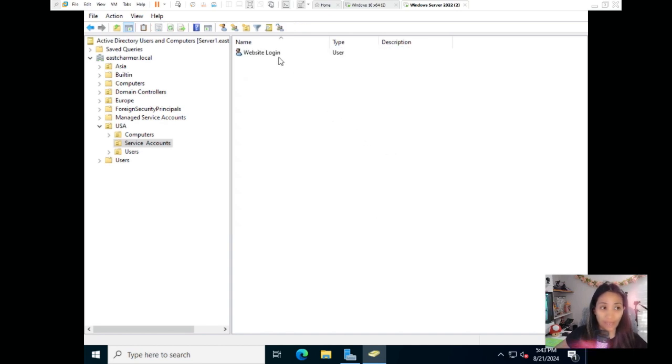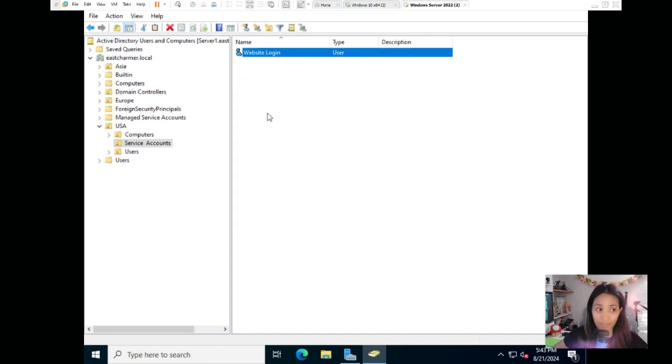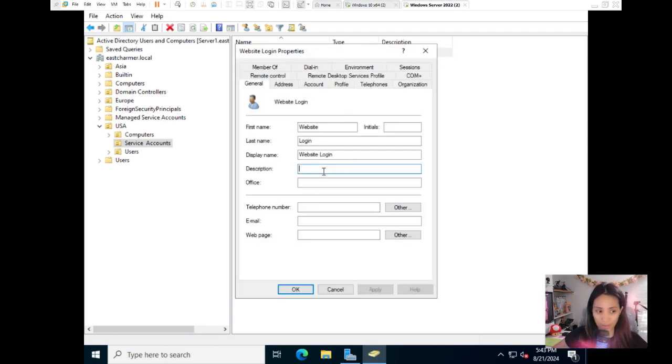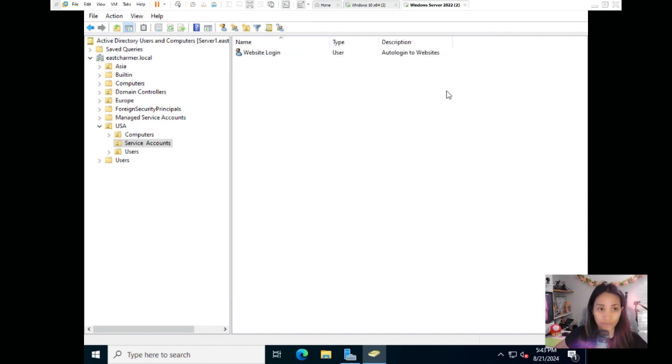Okay, so we have a website login account now, and this is going to serve as our service account. And don't forget to type in the description, just as best practice, on what it does. So now you have your service account here. The next thing you want to do is go to your Windows client that was joined to the domain